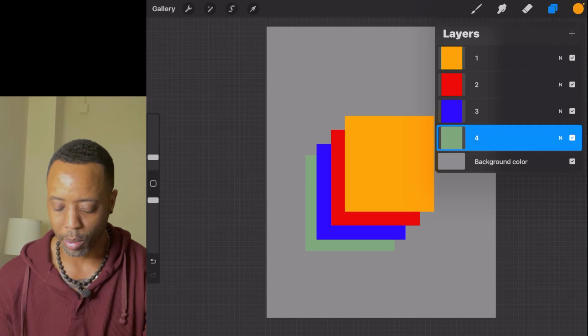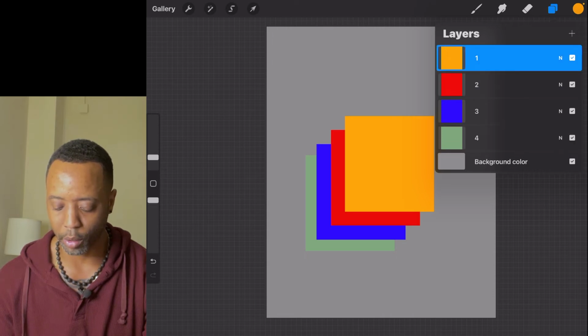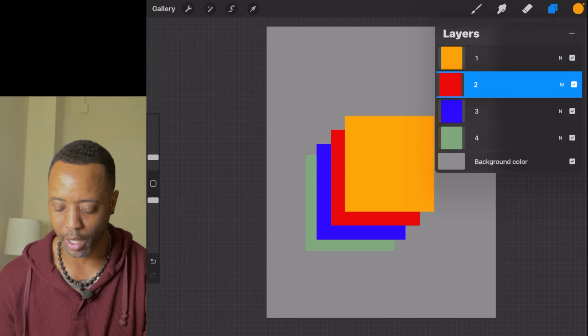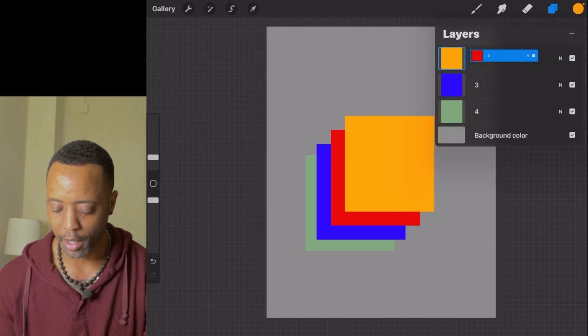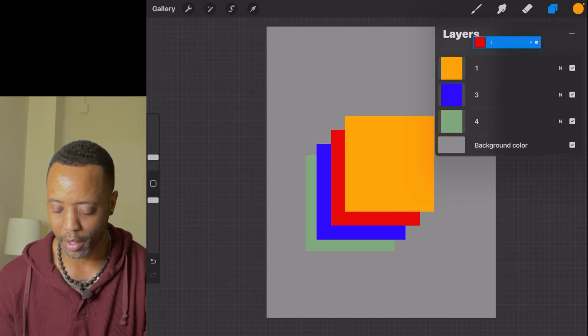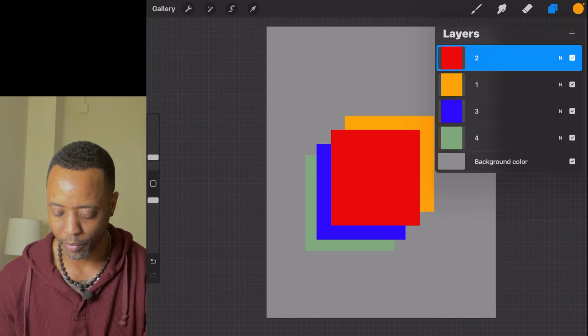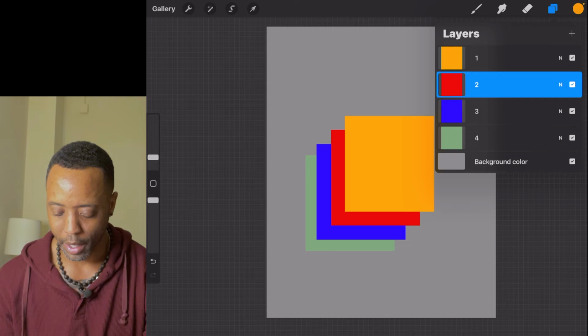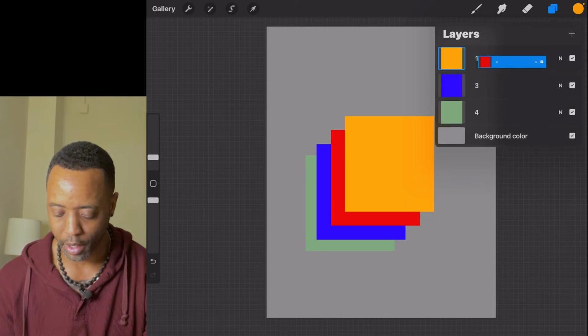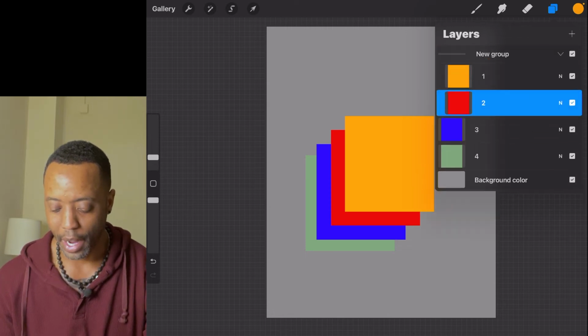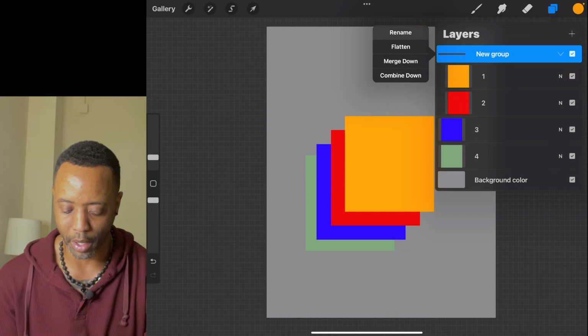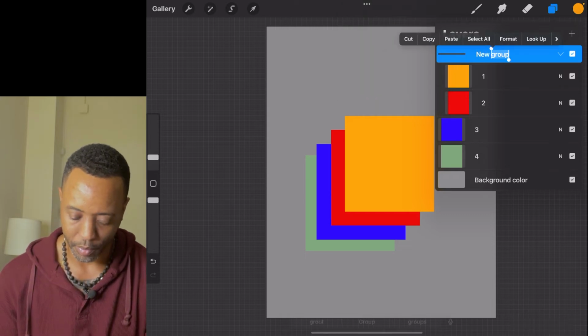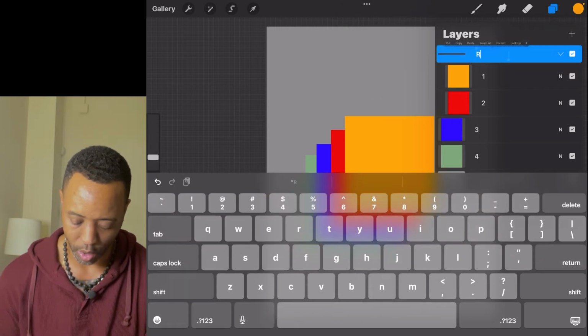So let's say I want to put layers 2 and 1 in a group. If I hit and select layer 2 and then add it, right? I can go above it like this, or I can go back to where I was at. But if you see this little blue icon come over and I want to do that, now they are both in a group together. Now, new group, I can rename it RO